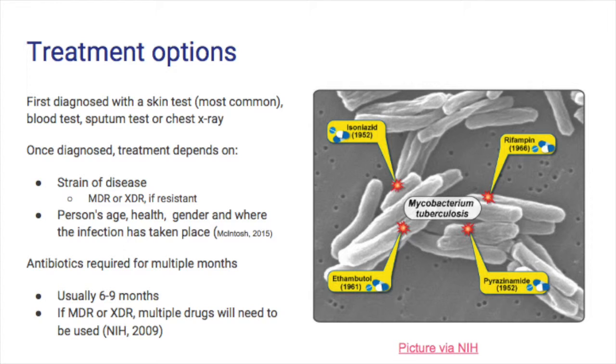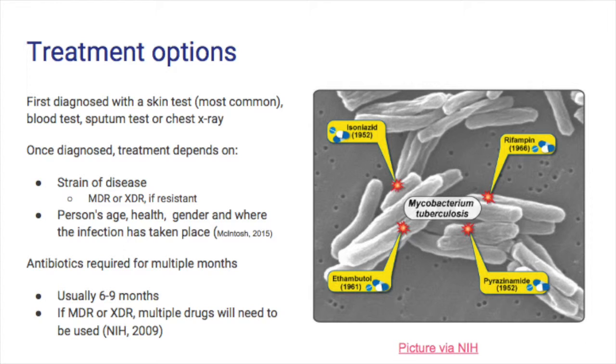Then an antibiotic is often required for multiple months. It's usually taken for 6 to 9 months. And if it is multi-drug resistant or drug resistant, multiple drugs will need to be used. So it's not just one, but multiple throughout the course of many months. Once that person first comes in and is diagnosed with tuberculosis, it's important to take care of those initial needs, giving them any fluids that they need, giving them any pain medication. But once it is diagnosed, it's important to get them started on antibiotics immediately to keep those bacteria at bay,